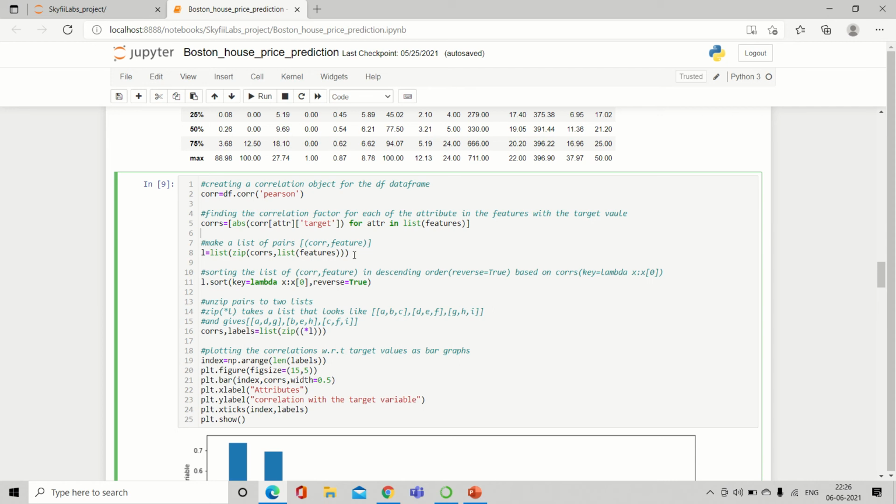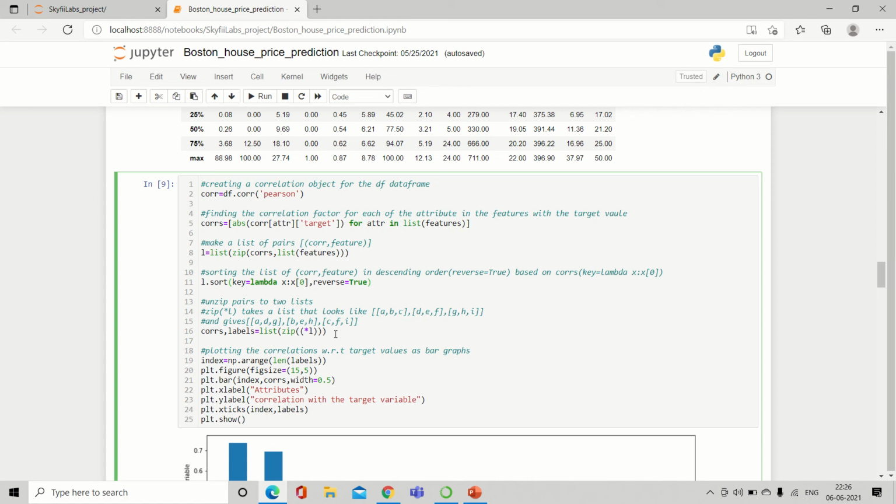We combine and store all of them in the form of a list. Then we sort that list in descending order. Here reverse equals True describes that it is going to sort in descending order.